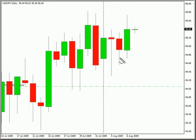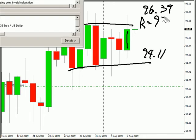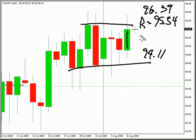Currently looking at the U.S. Japanese yen pair. This particular pair did move higher today and close higher. We are still moving sideways overall. Definitely look for this to potentially go as high as 96.39, possibly as low as 94.11. Look for some resistance around 95.54, and look for some support around the